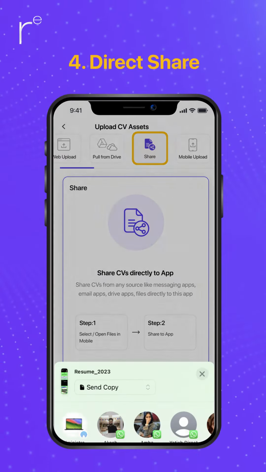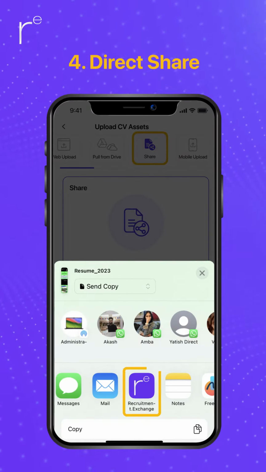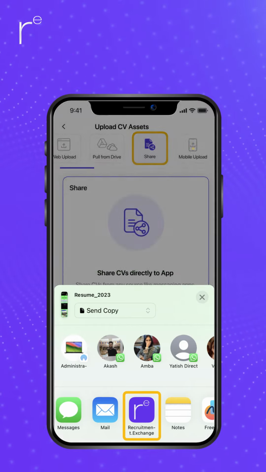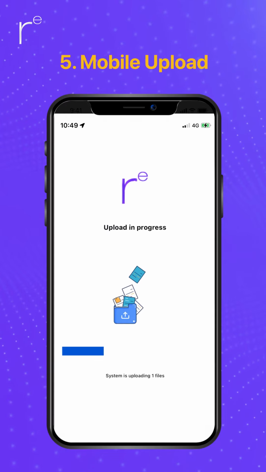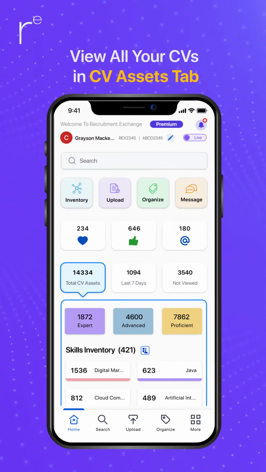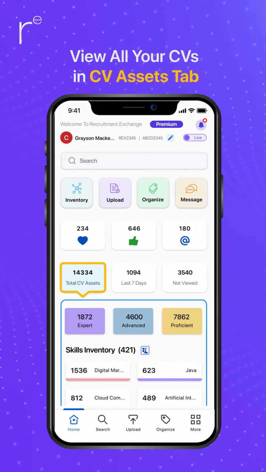4. Direct share. Share CVs directly to the app from your device. 5. Mobile upload. Seamlessly upload CVs from your phone's internal storage. After uploading, you can view all your CVs under the CV Assets tab